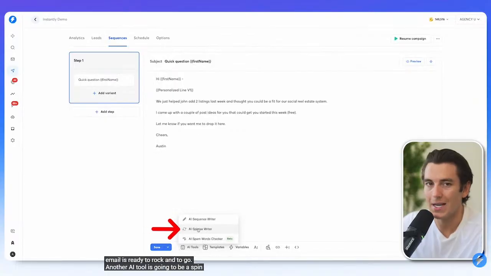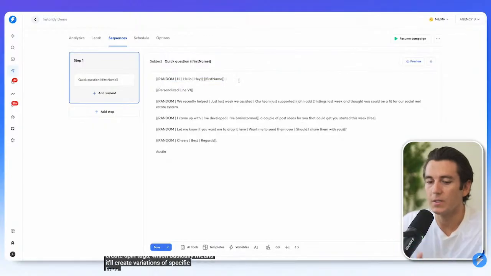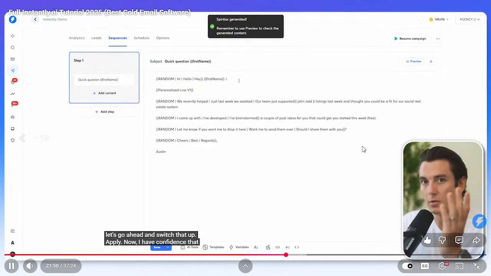Another AI tool is going to be a spin tax writer. So if you're sending a high volume of leads, what's cool is it will create spin tax, which basically means it'll create variations of specific lines, specific sentences that we can do to swap out. So for example, this says random hi, hello, hey. If I click on preview, spin tax,